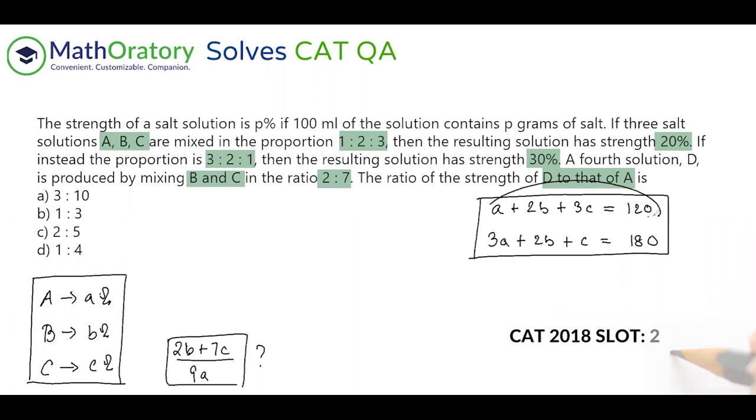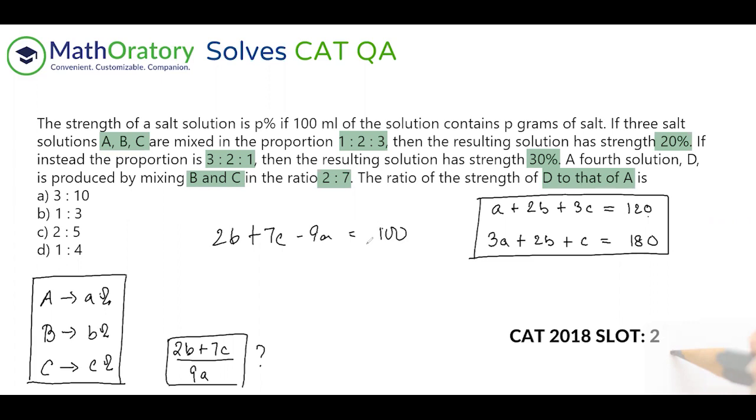Suppose after resolving this, I hope that you have done these types of questions we have discussed in classes: multiplying this by a constant, multiplying this by another constant, and then adding or subtracting to get a relationship between A, B, C. But suppose in that relationship you have some constant term remaining. So suppose you manage to figure out 2b plus 7c minus 9a is equal to a constant. Something is left. So let me put a random value here.